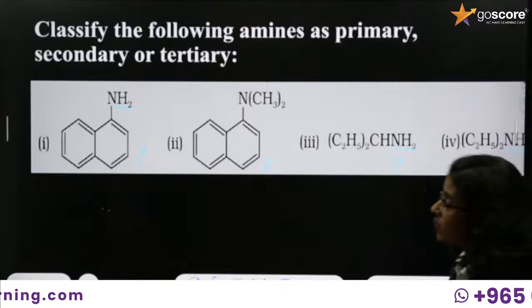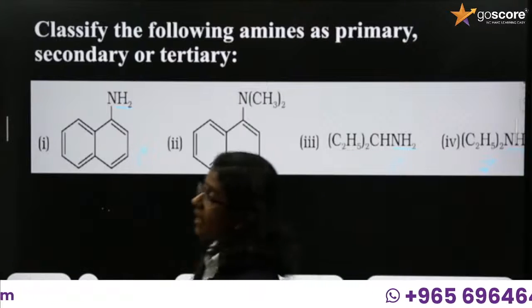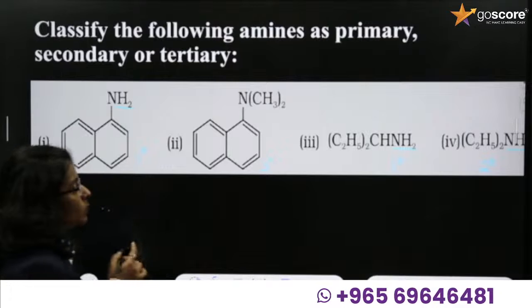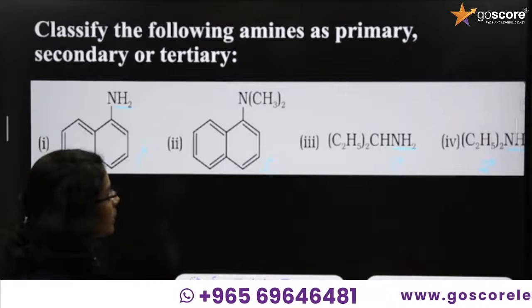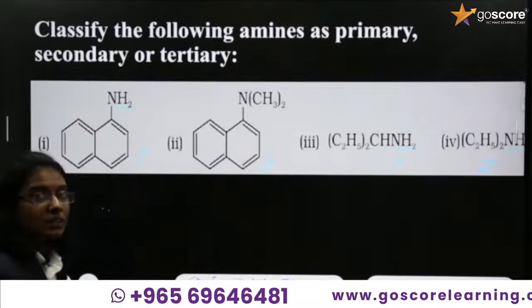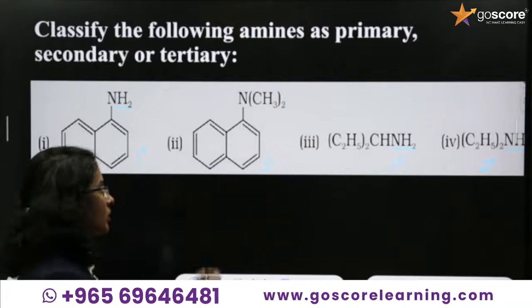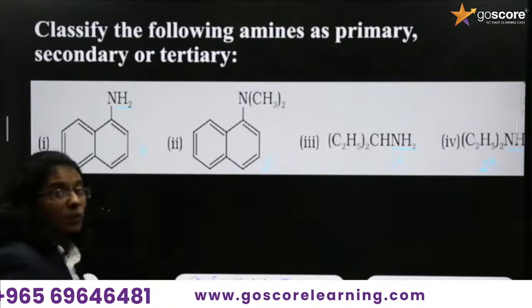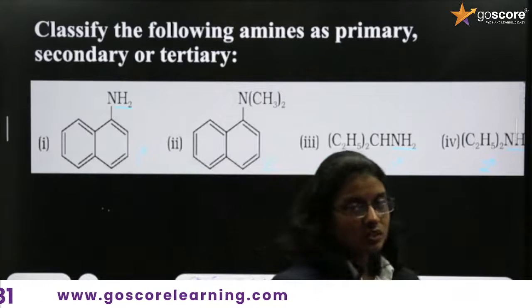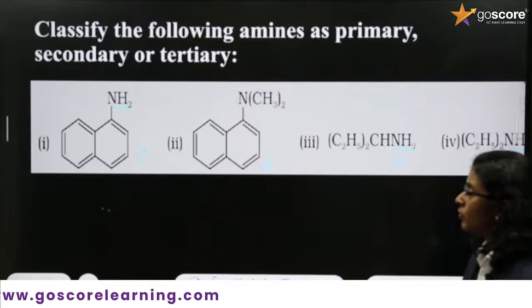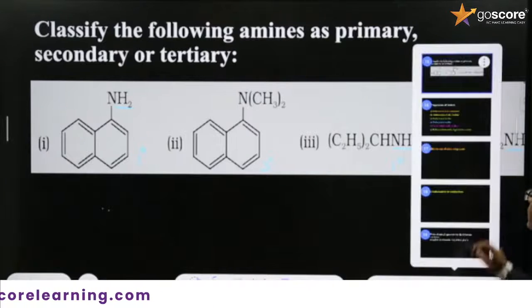So dear students, there will be a question like this in the exam. Classify them. Which of the following is a primary amine? Or they may ask which compound is a secondary amine, then you can find it from the number of hydrogen atoms attached to nitrogen. So I hope this is clear for you. The next one is